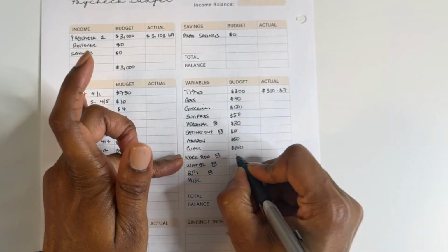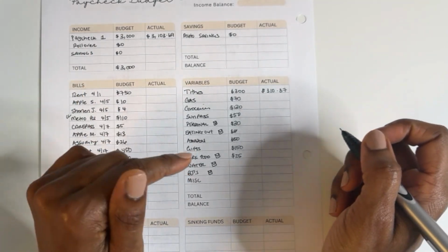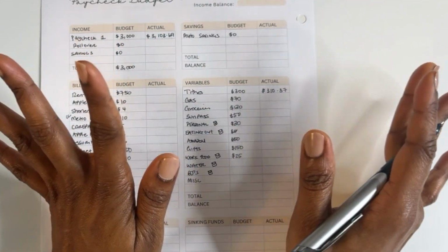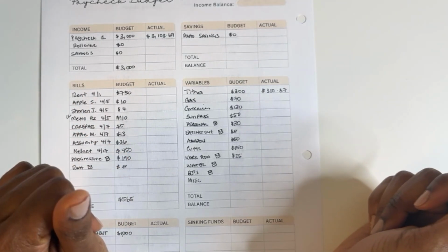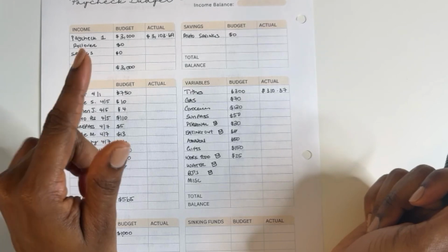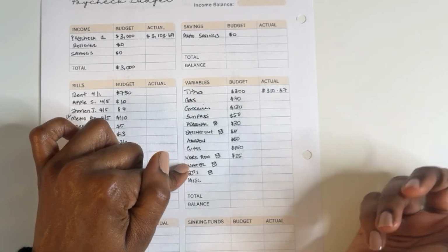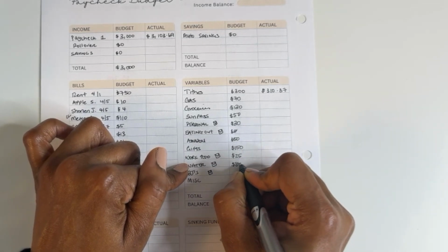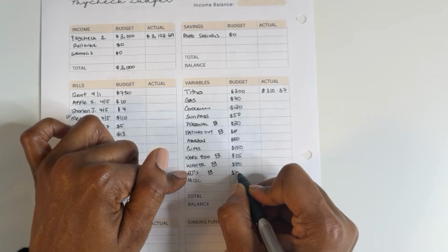The next is work food. I have $25 allotted for that because someone at work is going to get a $25 gift card. It's just a little competition thing that I have there to show a little gratitude for the kids, but it's a little friendly competition. So someone's going to get that. So I allotted $25. Water is getting $80. And my BJ's envelope is getting $40